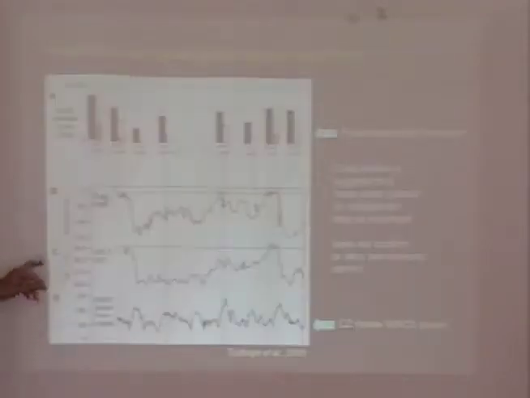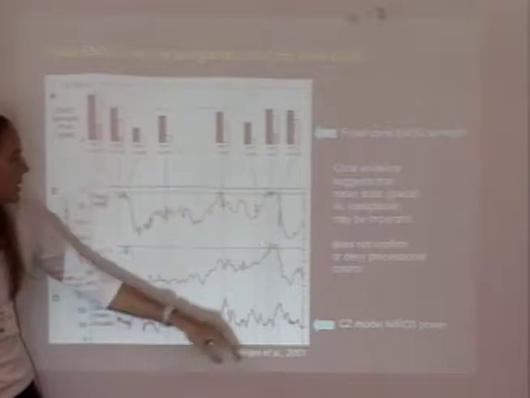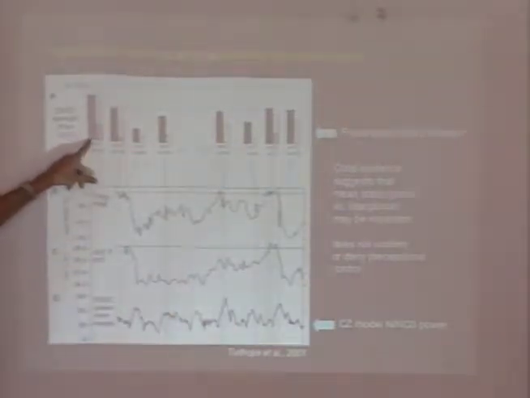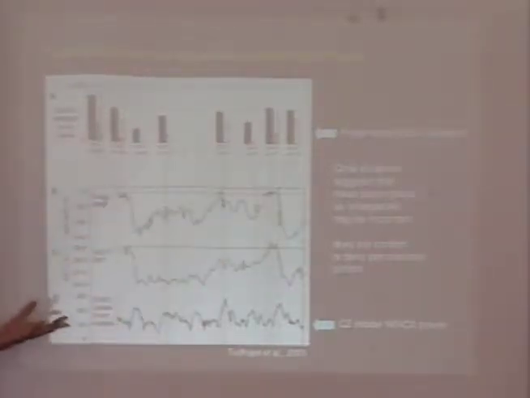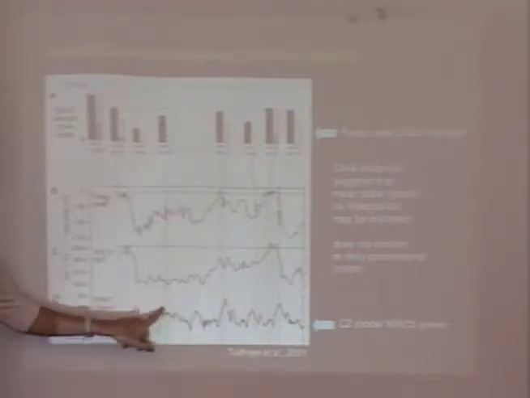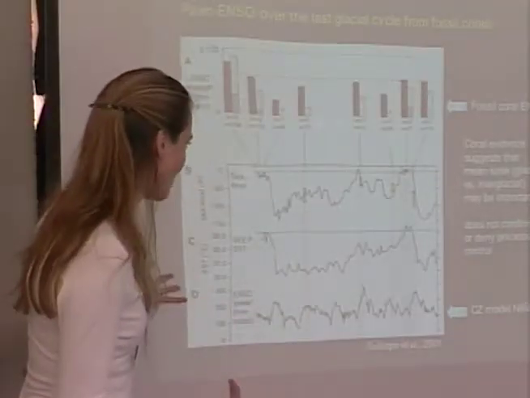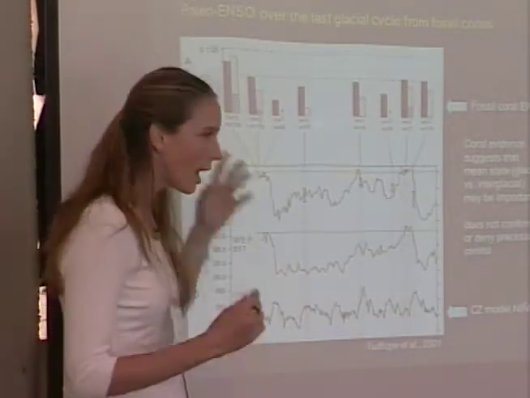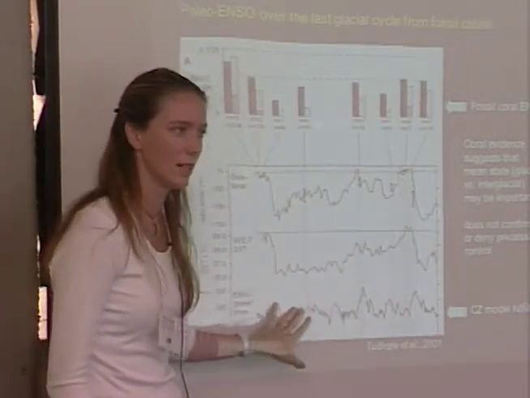So now you go forward, we can look at this. So here's the last glacial cycle. Time has been flipped now back to the paleo way of doing time. So this is present, and this is the last interglacial, the peak interglacial conditions. And here's his coral ENSO strength from the corals that he has. Of course, they fall at different time slices going back. And what you can kind of see, here's Amy's results down here with the Niño 3 going up and down every 20,000 years. What you basically see and what they have to say in their paper is that there's no primary control of ENSO in these corals from this kind of a framework.